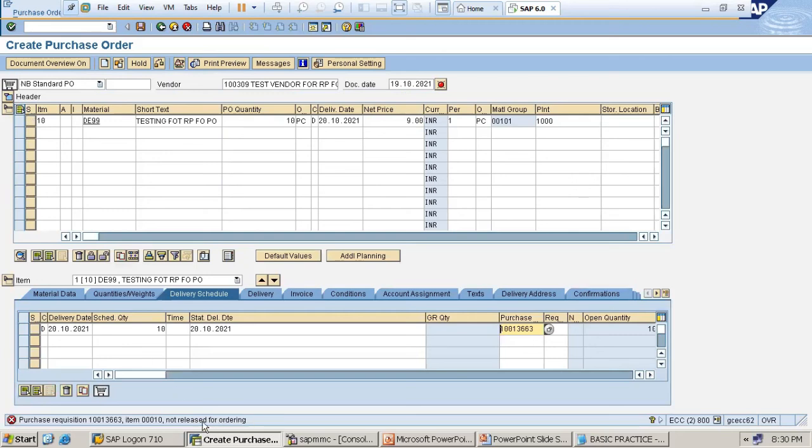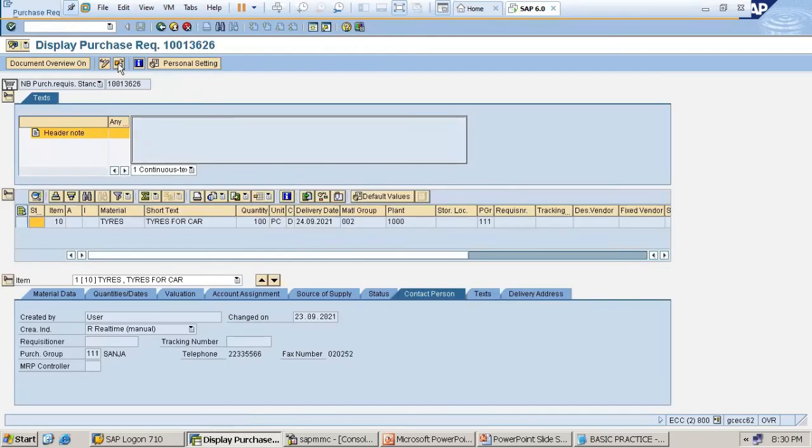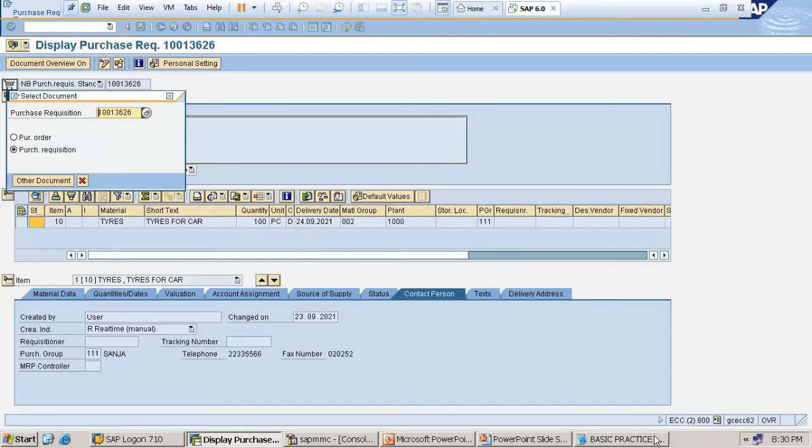Purchase order, not released yet. So how to release the PR? Slash and ME54N.